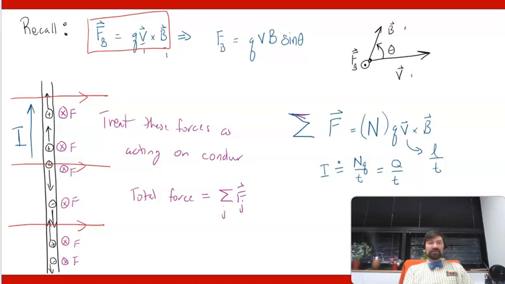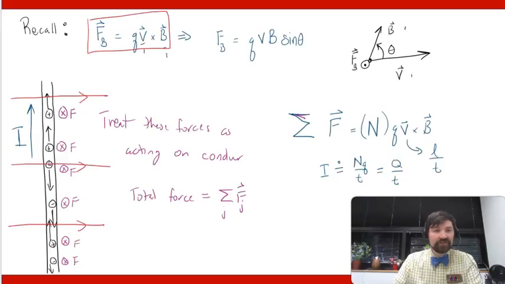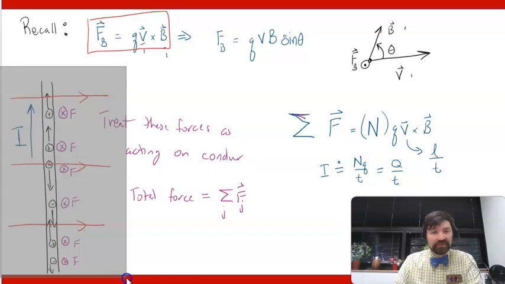So if you put all that together, what you end up getting is that the force on this current carrying wire, let's actually go ahead and copy the diagram over. The force on this current carrying wire